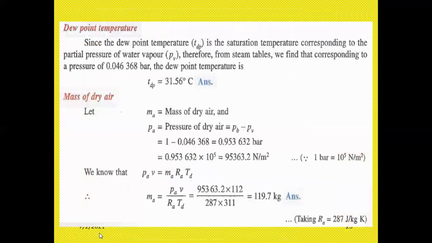Now, the dew point temperature. Since the dew point temperature TDP is the saturation temperature at the partial water pressure PV from the steam tables, the pressure of 0.046368 bar, the dew point temperature TDP is equal to 31.56 degrees centigrade. Therefore, the mass of the dry air,